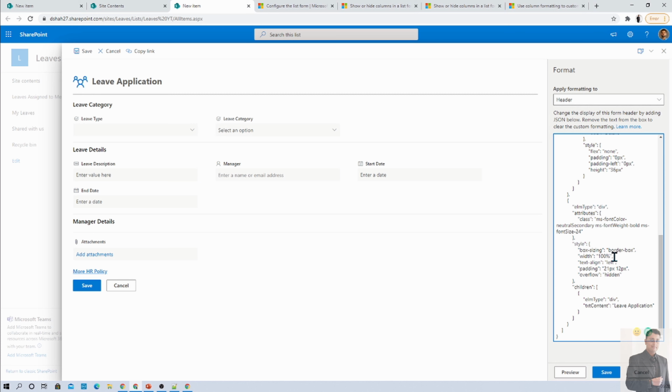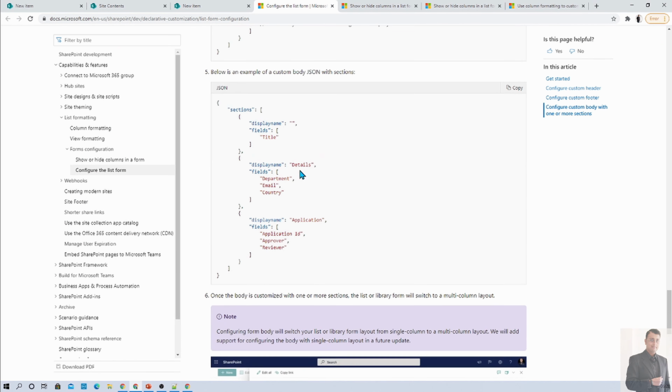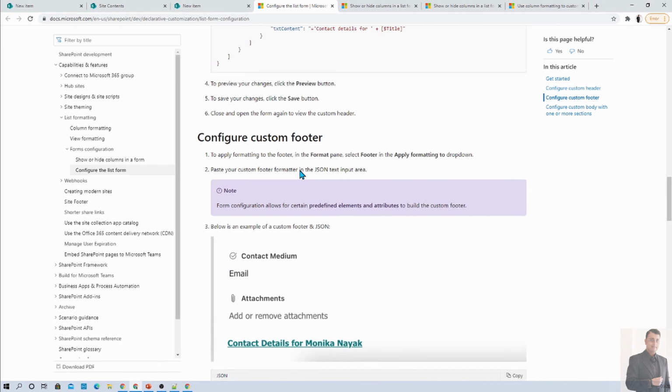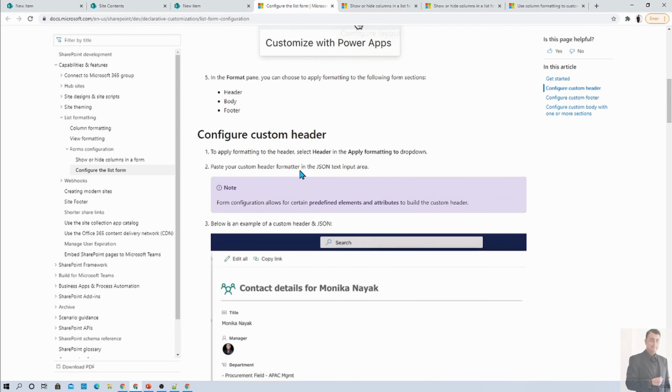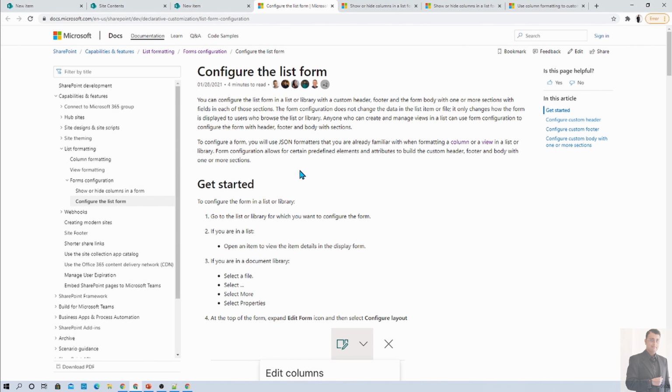Microsoft provides many types of list formatting options. The entire GitHub repository is available there. So you just need to copy the different JSON structures, try them on your own, and customize them based on your convenience.